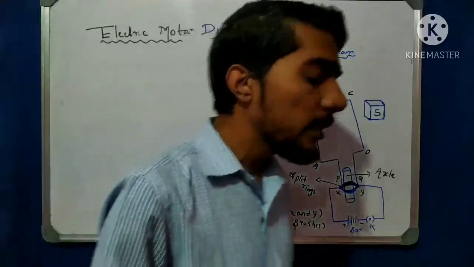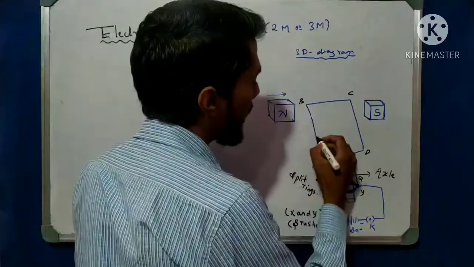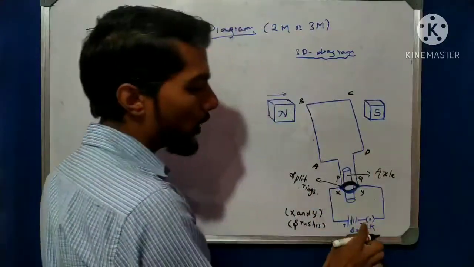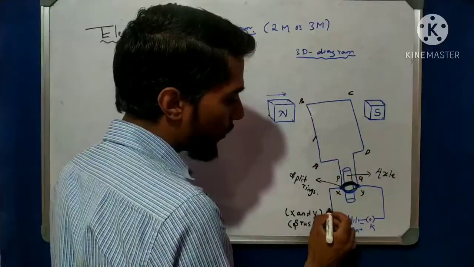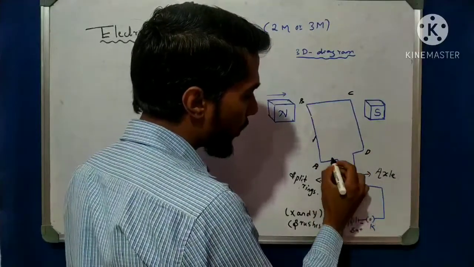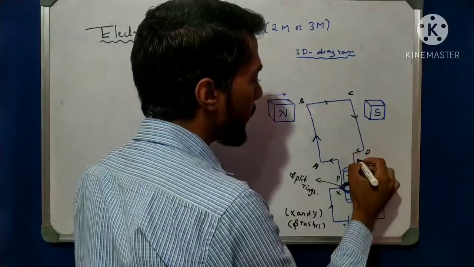Okay, these are the diagrams we have to practice. Okay, so this is the direct one. So now I can show the current. If I switch on the button, the current flows, like, imagine that the flow from plus, the current here flows like that, from here to here. The direction of current is like that, right?